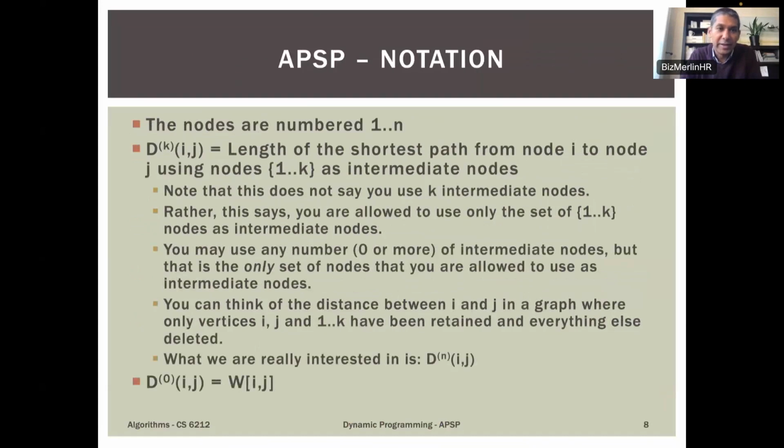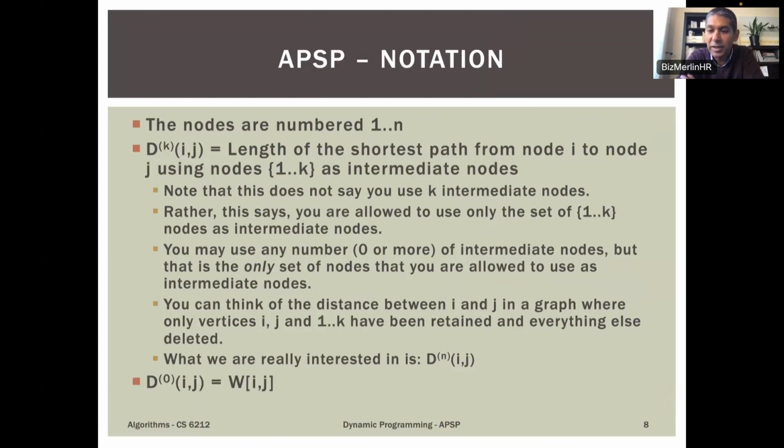So this is what the notation is. Now we assume our nodes are numbered 1 through n, not alphabetically, because it only goes so far. If our graph has like 10,000 nodes, it's difficult to come up with the alphabet, but rather we say from 1 through n. So in this case, the notation that we come up with is d^k_ij, where k is written as a superscript here. And this is what it stands for. d^k_ij is the length of the shortest path from i to j, but it uses the nodes 1 through k